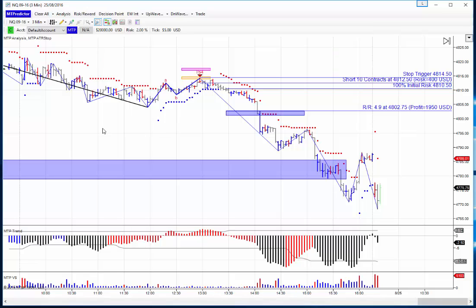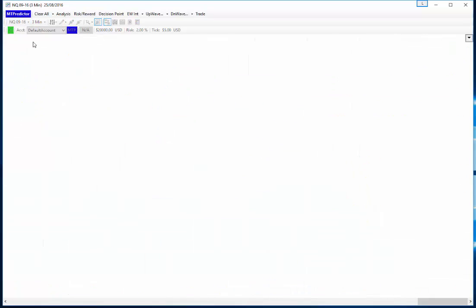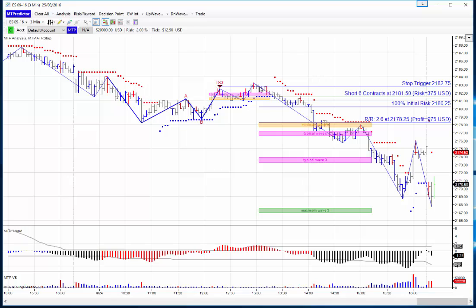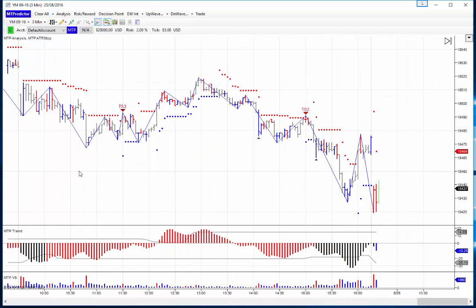So a good day yesterday for MTPredictor with our new MTP trend indicator, calling the trend of the day very nicely, and some very nice setups on the US minis, in particular this TS4 sell on the NQ. And as we've seen, there were losing trades on some of the other markets, and we've covered those as well in the video. In particular, this TS3 sell on our ES that would have been stopped out for a -1R loss, and then on the YM there would have been a losing trade,